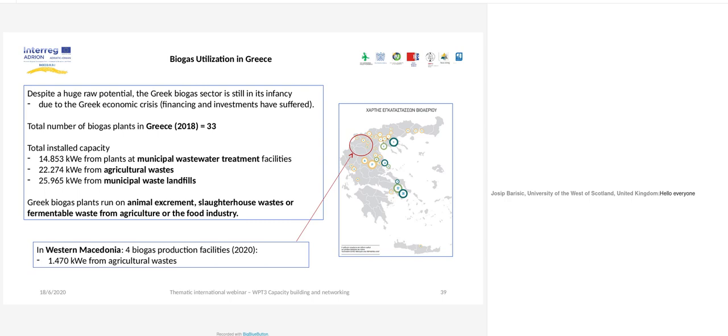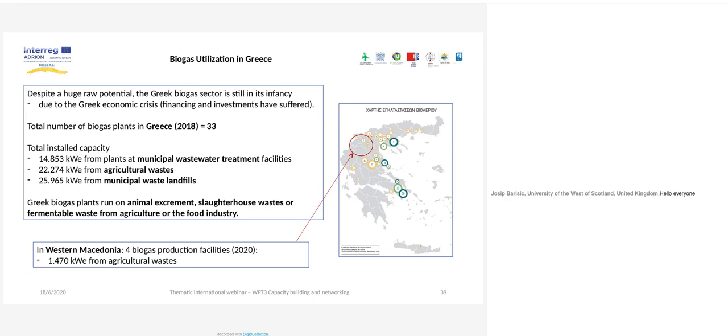Regarding the total installed capacity, almost 14,000 kilowatts electric are coming from plants at municipal wastewater treatment facilities. Another 22,000 kilowatts are coming from agricultural wastes, and 25,000 kilowatts are coming from municipal waste landfills. So you see here the majority of these plants belong to the municipal level. These Greek biogas plants usually run on animal excrement, slaughterhouse wastes, or fermentable waste from agriculture or the food